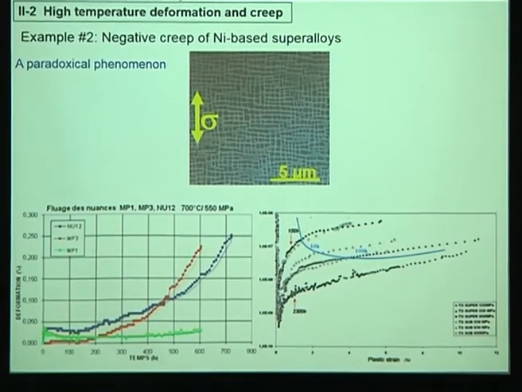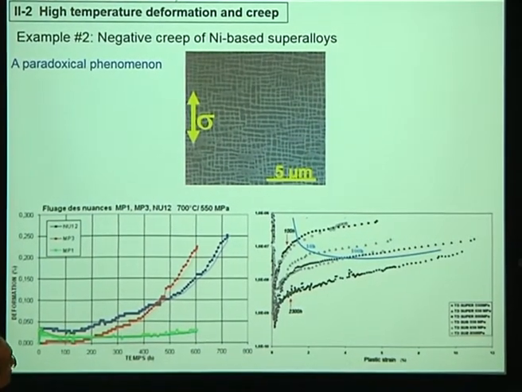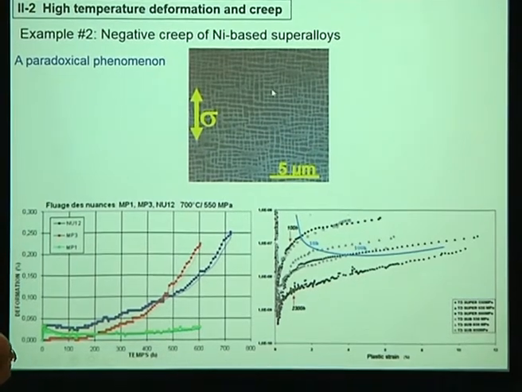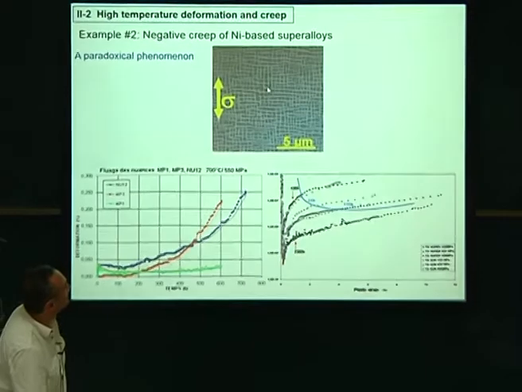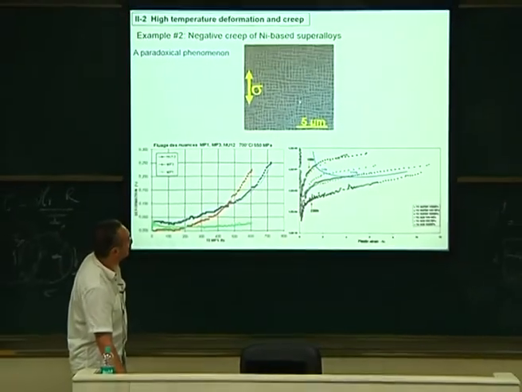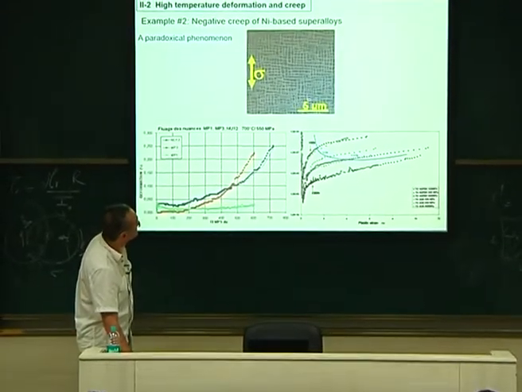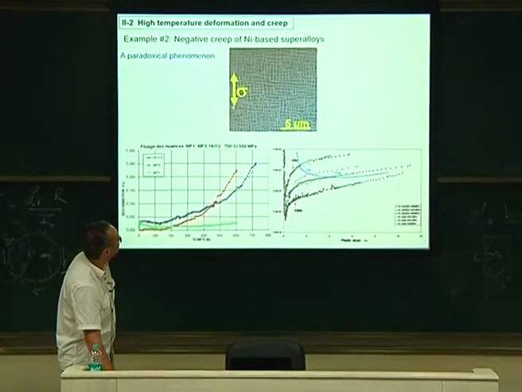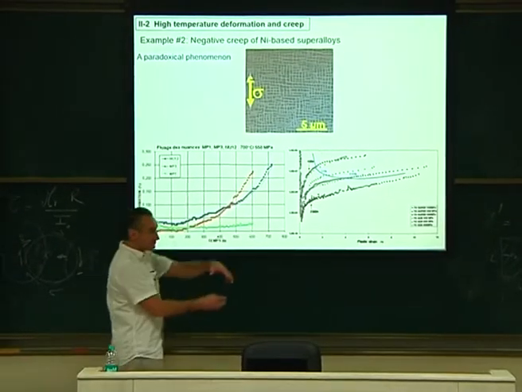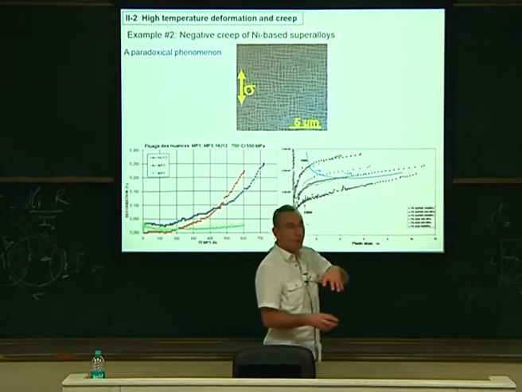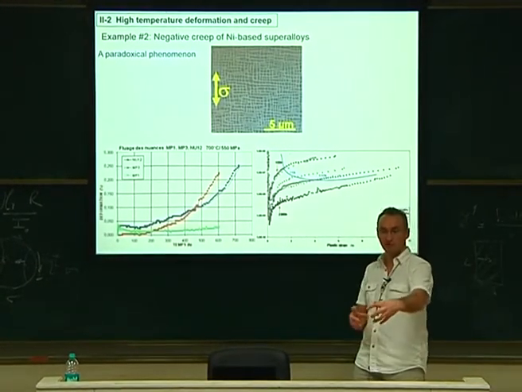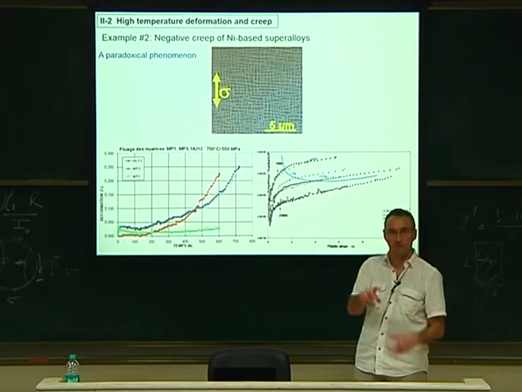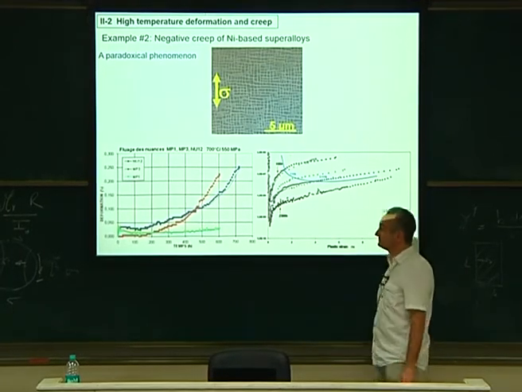So here is the problem. You assume that you have a nickel-based superalloy made of gamma prime, the dark cubes here, inside a gamma nickel matrix, which is the white part here. This is typically the size you are looking at, and you pull along a given direction. The direction of the single crystal, typically 001, which is for example the turbine blade. This is the direction for which, because of the centrifugal force, you will have some tensile stress.